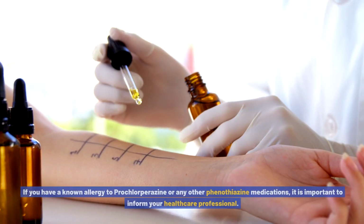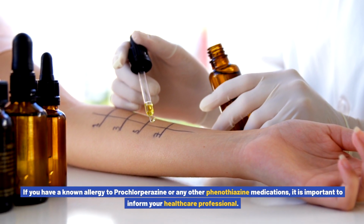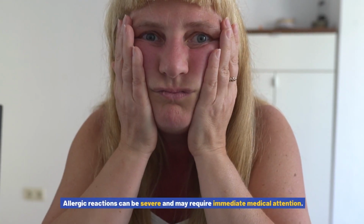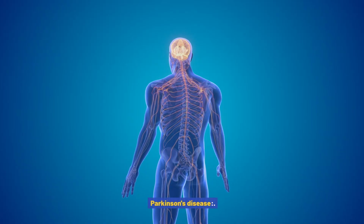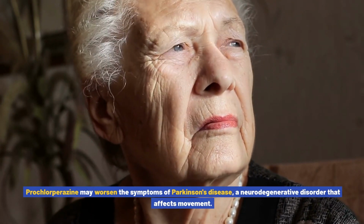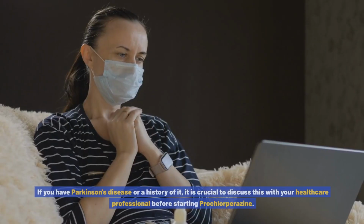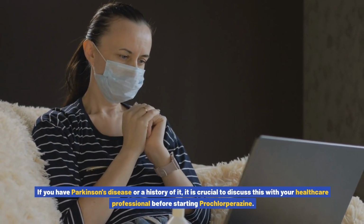Allergies. If you have a known allergy to prochlorperazine or any other phenothiazine medications, it is important to inform your healthcare professional. Allergic reactions can be severe and may require immediate medical attention. Parkinson's disease. Prochlorperazine may worsen the symptoms of Parkinson's disease, a neurodegenerative disorder that affects movement. If you have Parkinson's disease or a history of it, it is crucial to discuss this with your healthcare professional